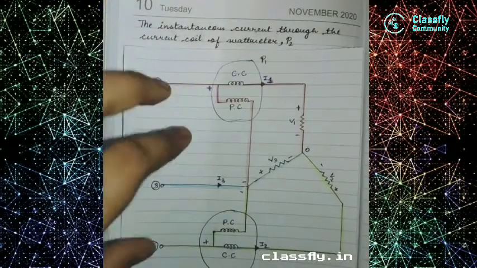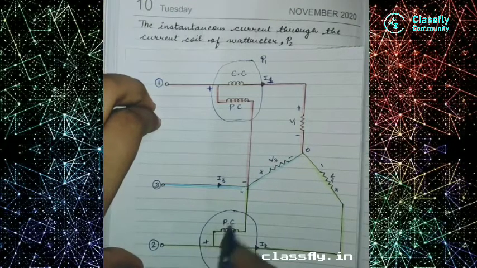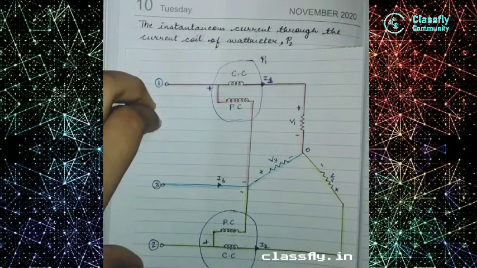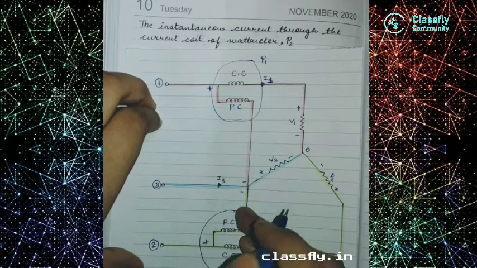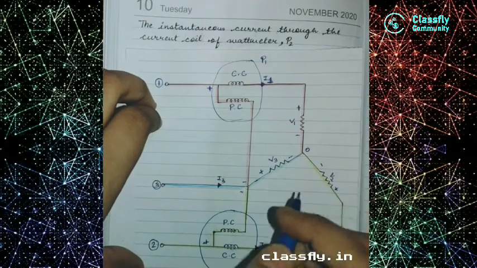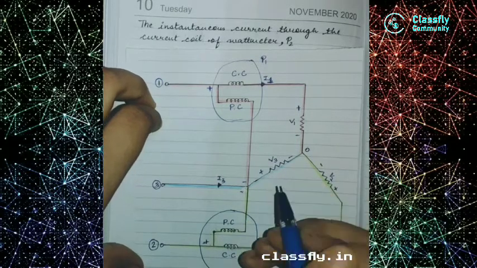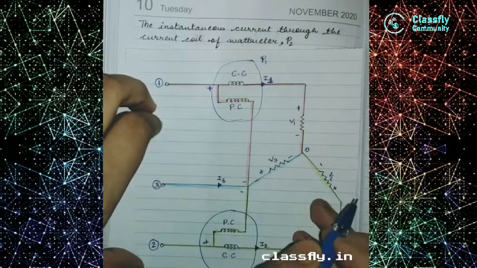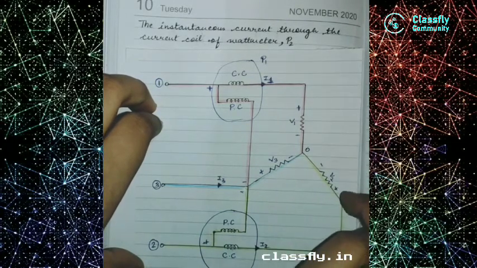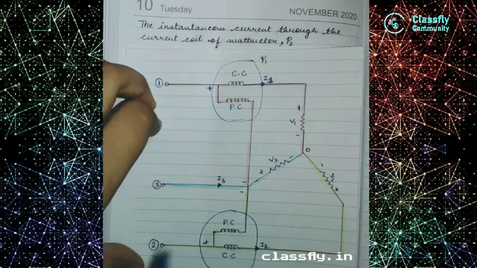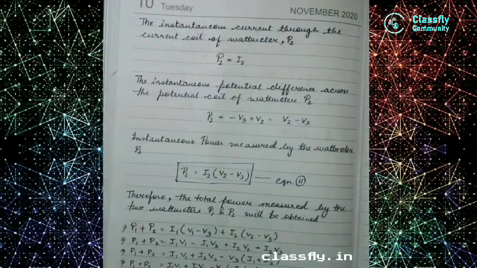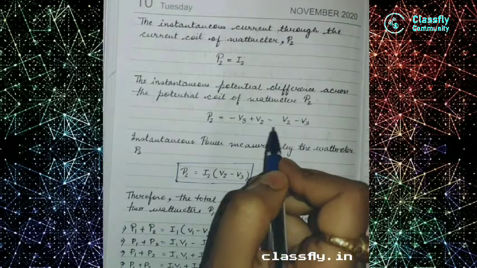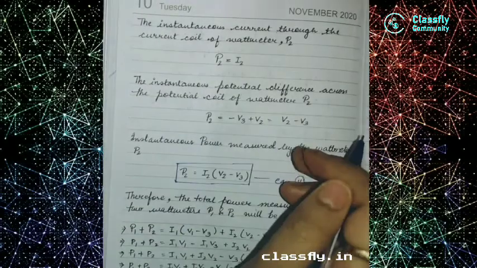So we will see again. It is from higher potential to lower potential, and we know that when we move from higher to lower, we take it as negative. So it will move from here and go here, moving from positive to negative. That means V3 will be negative, and then it moves here, from negative to positive, so we take V2 as positive whereas V3 as negative. So P2 is equal to minus V3 plus V2. When we solve this, we get V2 minus V3.